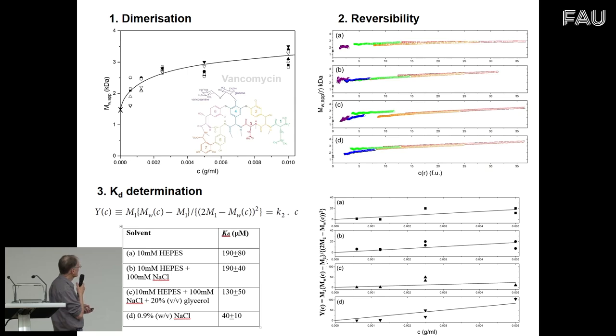If you do these point average plots at different loading concentrations, this is the Rourke Efantis test I mentioned before for reversibility, then these data sets for each solvent condition should overlap,